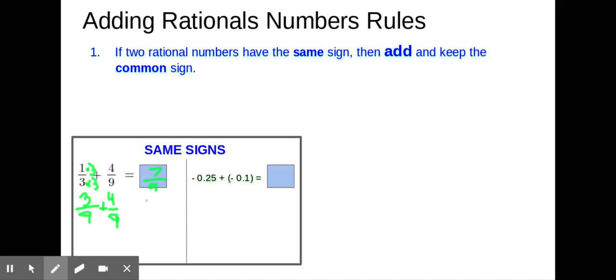All right, so let's go ahead and practice with some decimals, because decimals are also rational numbers. So here I have negative 25 hundredths plus negative 1/10. So my signs are the same, which means I'm going to add them together. So I'm going to go ahead and write them out in this format so that I can add them together easily. So I'm going to have 25 hundredths and